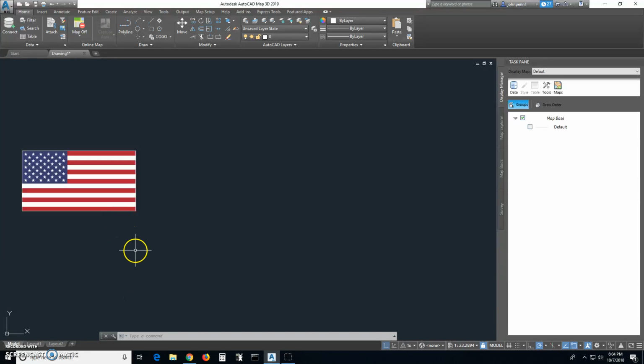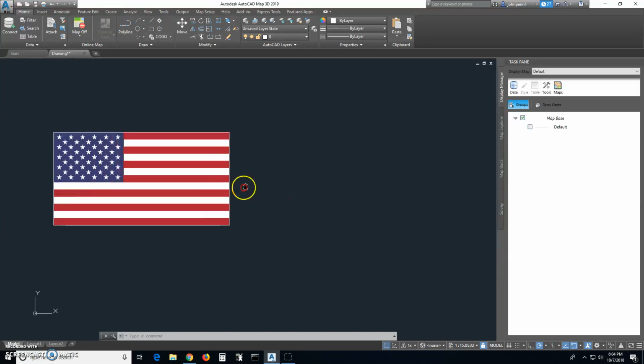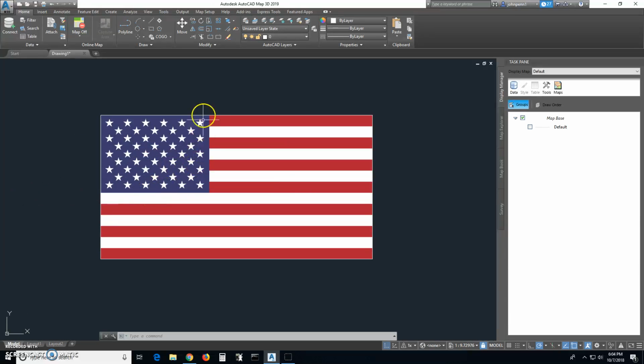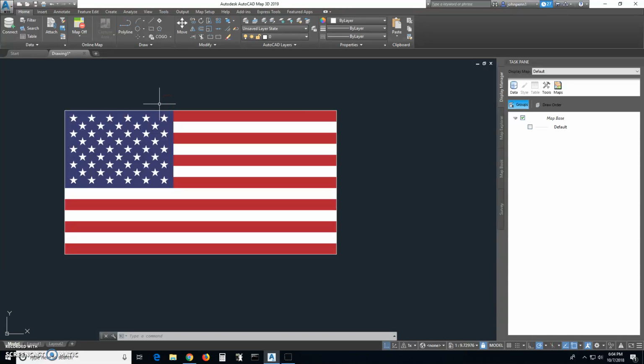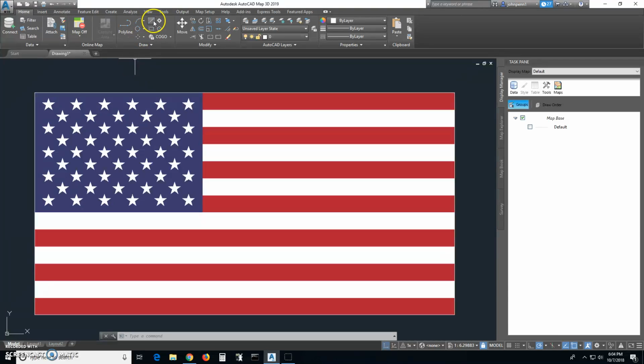Hello. In this video I'm going to show you how to draw an American flag in AutoCAD. So I've imported an image here, a raster image, and I'm going to use this image for references, measuring references. So the first thing I'm going to do is come here, I'm going to draw a line